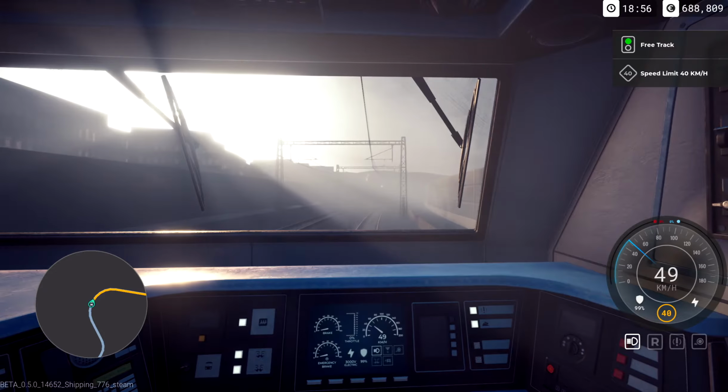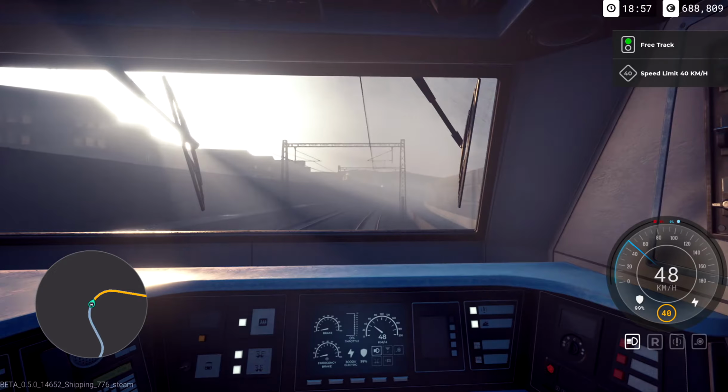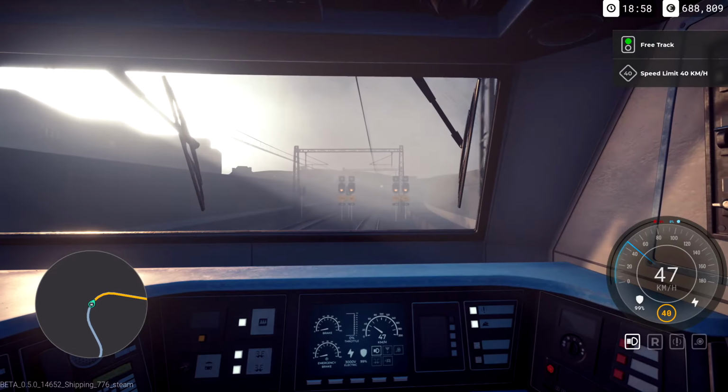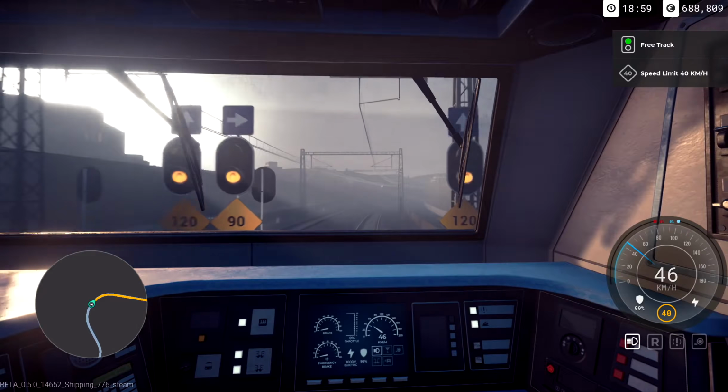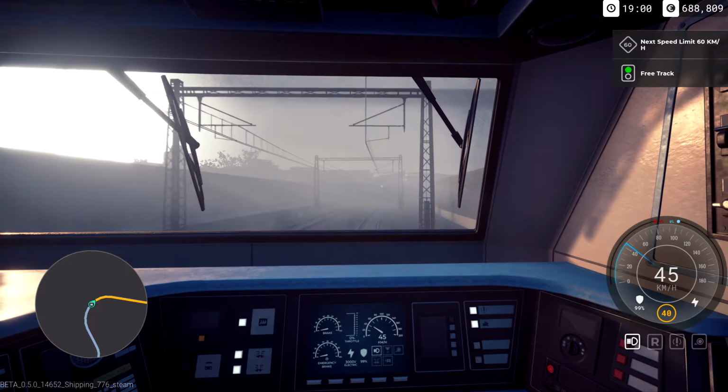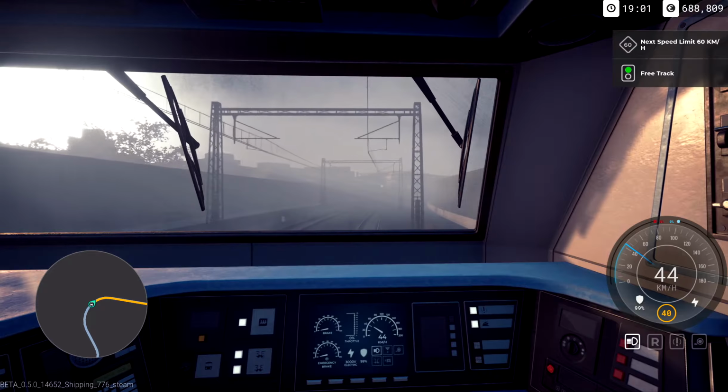Come on, fog, go away. As leisurely and nice as this is, we want to add a bit of speed. Right, 120. Now? No. 120 at next signal. You see there were the split signals, so